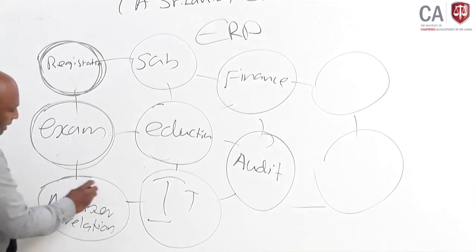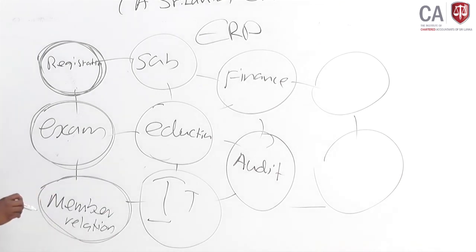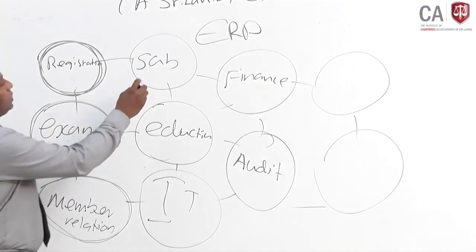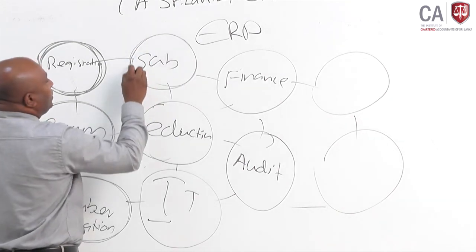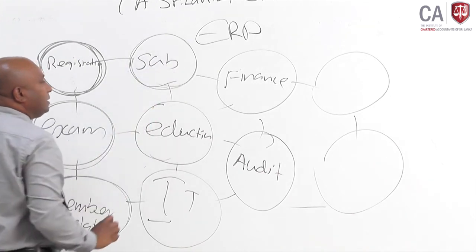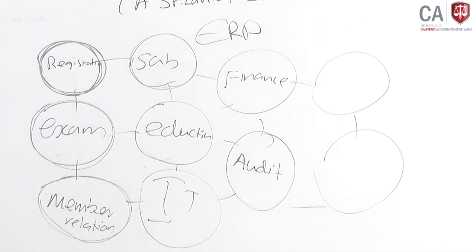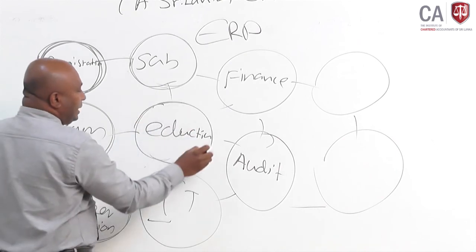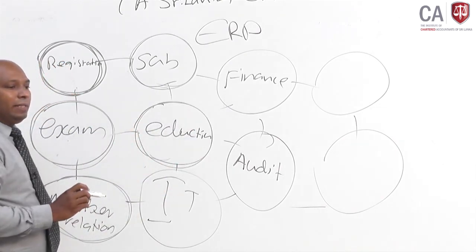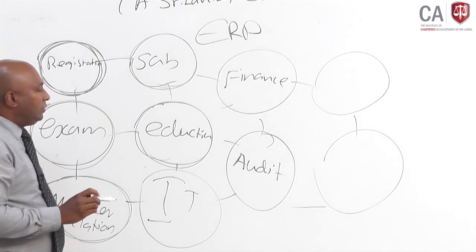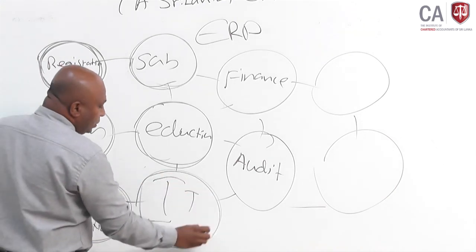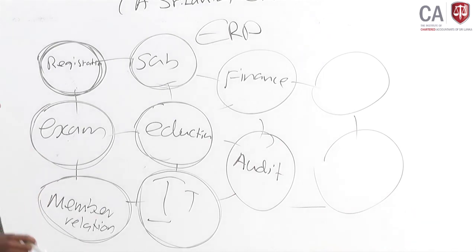And there is another application, member relation. They also do member relation activities, member management and registering of members likewise, and also SAP degree awarding is there. Then also that will be operating as a separate entity. And the education division also has some qualitative activities, and there are so many other activities involved with them. And the IT division is also there, they are implementing the IT system. They also have a different dashboard, different application.